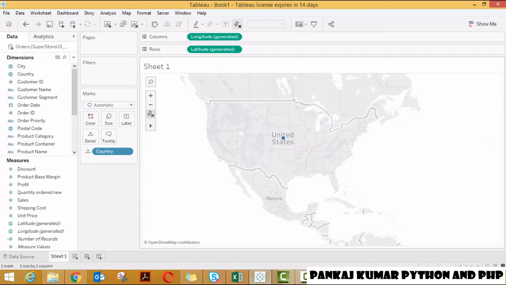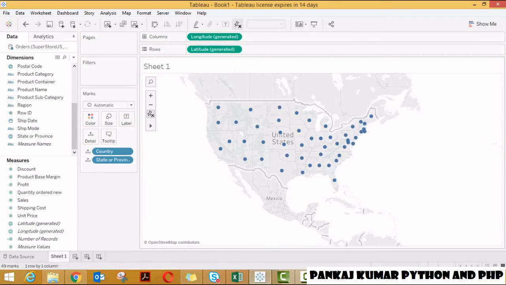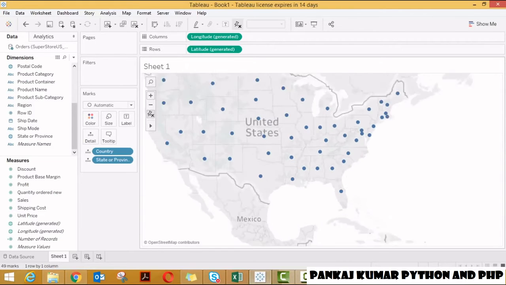Now let me drag the states to have more clarity. Where is my states column? Let me just drag this. So guys, now Tableau is able to identify all the states. If you mouse over it, this contains the country United States, state is California. If you drag this, the country is United States and the state is Oregon. Same here, Washington, this is Montana, this is Wyoming, and this is North Dakota. So all the countries and states were identified by Tableau. Let me just zoom in.